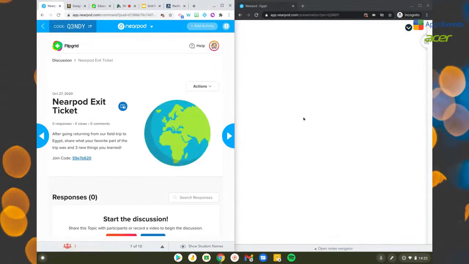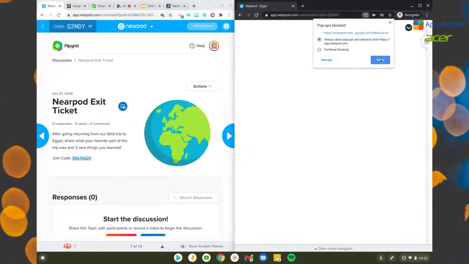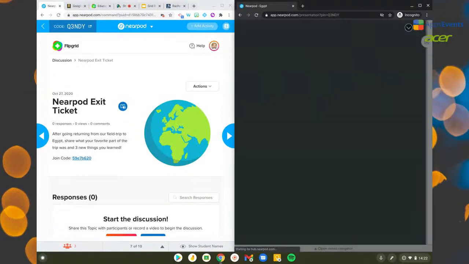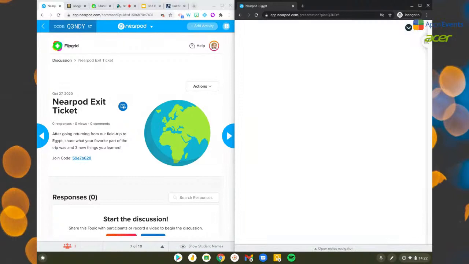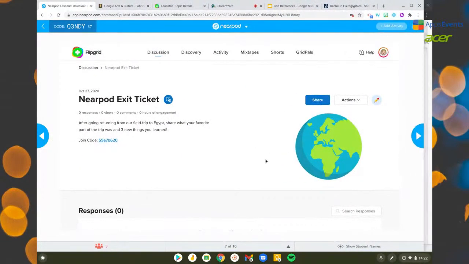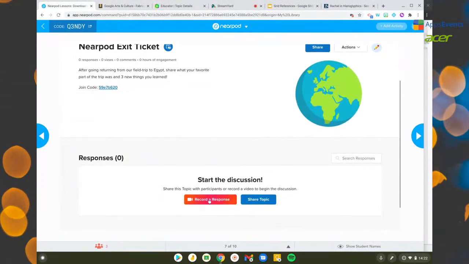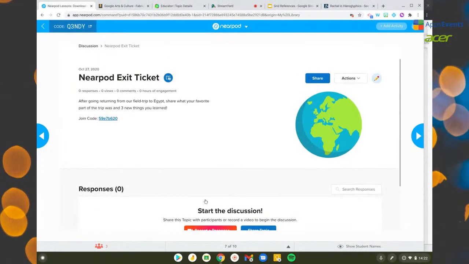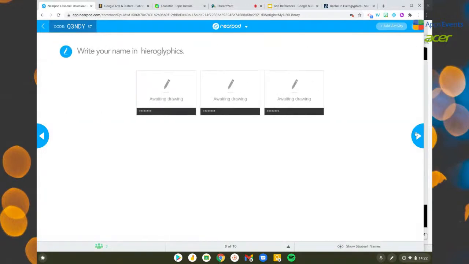And again, what you'll notice now is that Flipgrid that comes through. So we'll just let me just refresh because it hasn't come through yet. Okay, I was not sure why my student view hasn't come through yet. So what would then happen is that Nearpod response will then appear and they can actually then go directly in and record their Flipgrid response. Now, I am conscious of time, so I am just going to move on